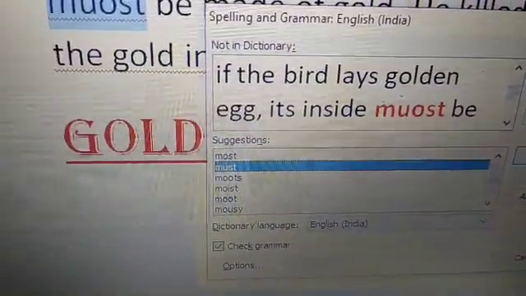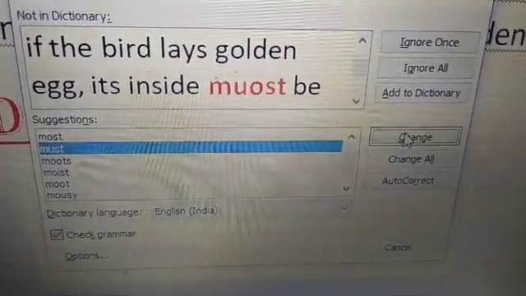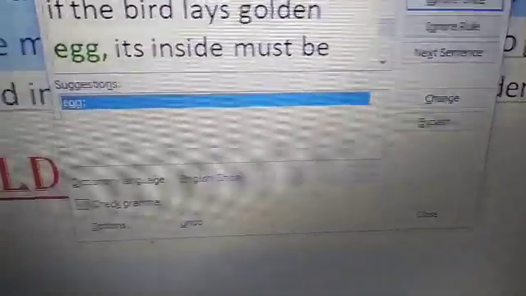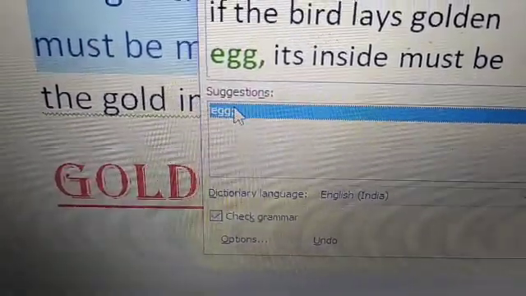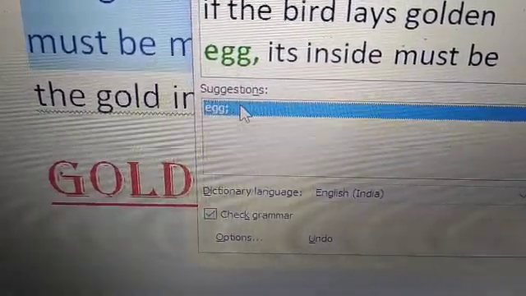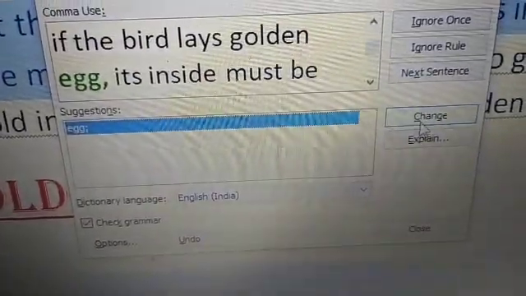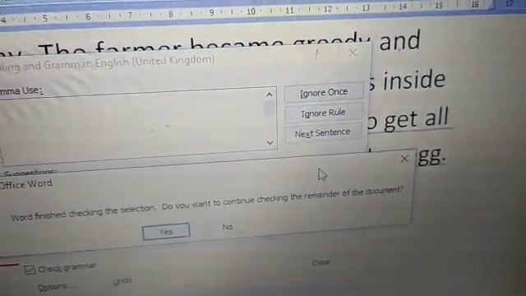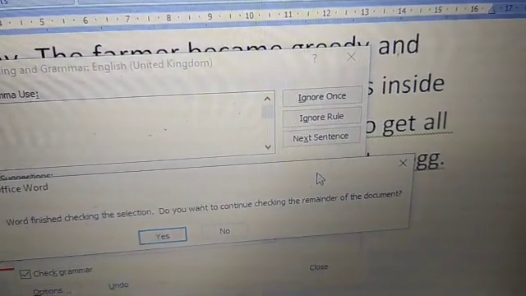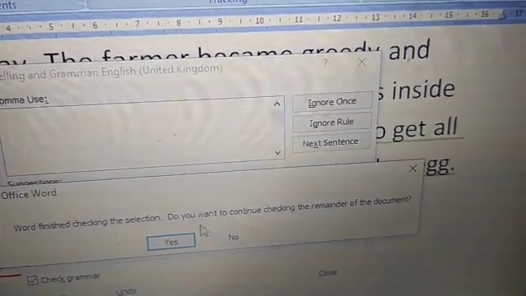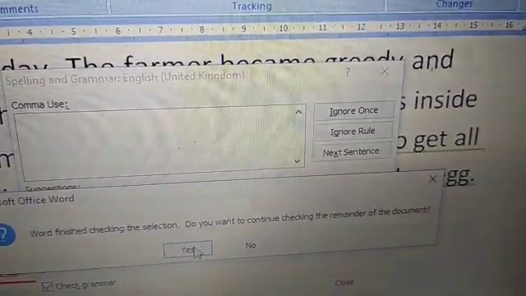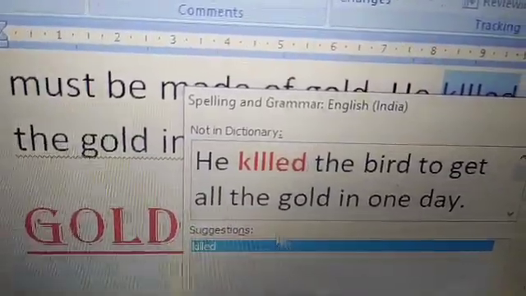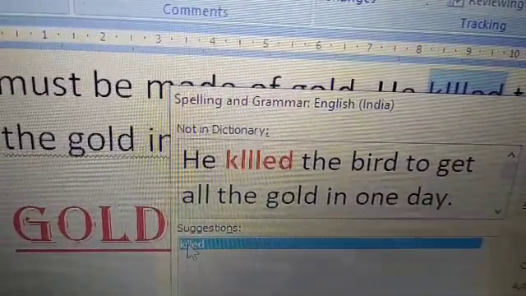Click on change. Okay, then next is showing egg. Grammar correction. Selected, change. Then next. Next, it's showing kid.